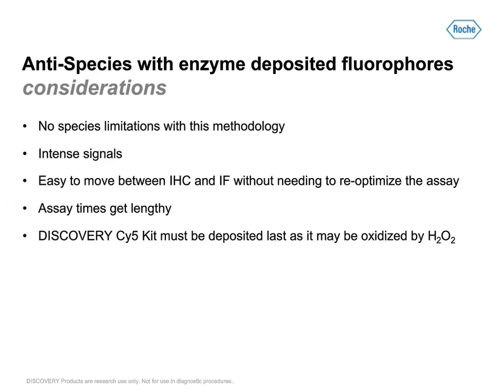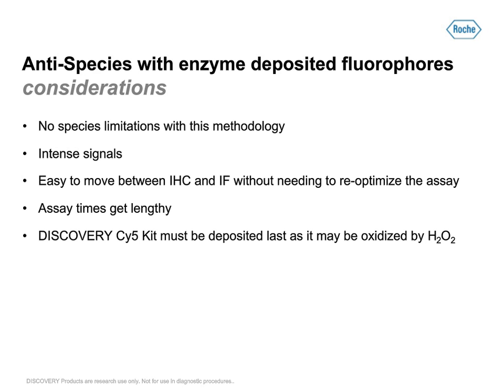Some things to consider when using this type of multiplexing technique is the fact that there are no species limitations. So, as I mentioned, if you wanted to detect 4 rabbit monoclonals in sequence, you're at liberty to do so. Just be sure that you actually are getting a proper elution. Some antibodies, especially some really high affinity antibodies, are difficult to elute on the slide, and this would be a very difficult antibody to multiplex with. And if you do have these types of antibodies, just detect them last, so you don't have to worry about